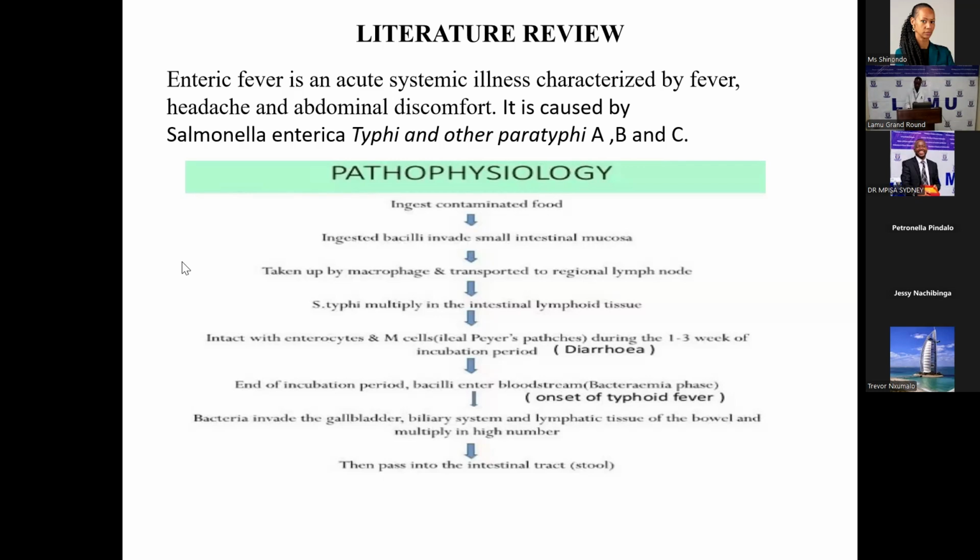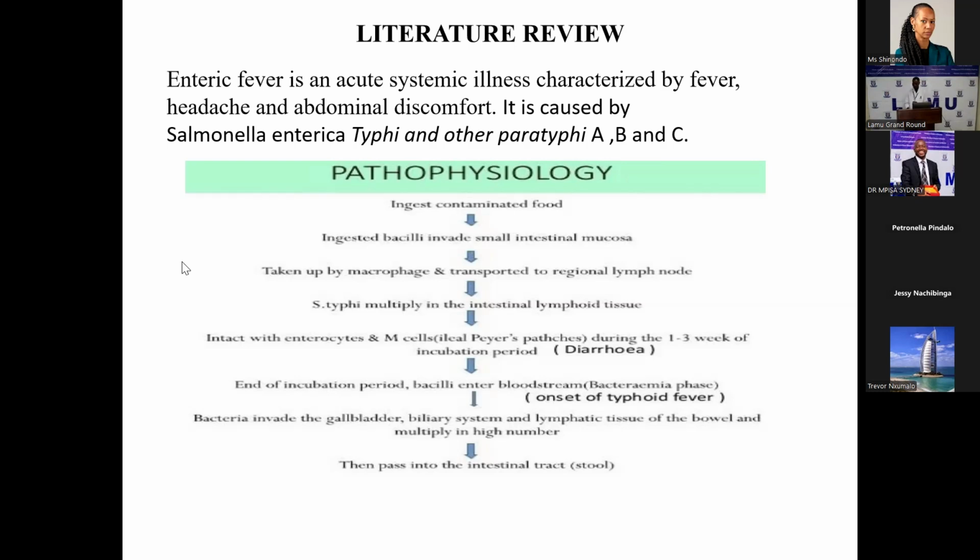The bacteria then moves and causes bacteremia. This is the bacteremia phase now, the onset of typhoid fever. In the bacteremia phase, we tend to have symptoms now like fever, malaise, and abdominal discomfort. After that, the bacteria will now move to various organs that include the gallbladder, the biliary system, and the tissue